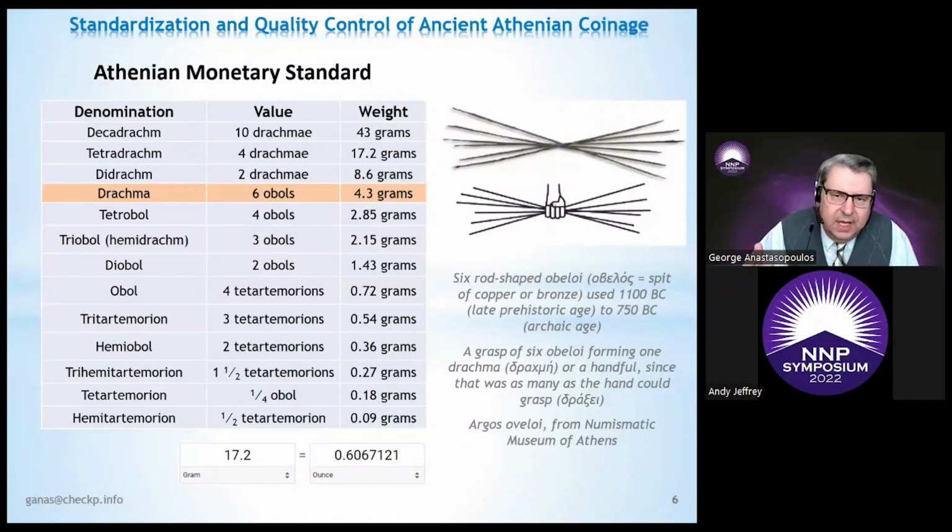So if you want to go a little bit to the beginning of the coinage, and you would like to say, okay, how was the drachm developed and why is it called drachma, and why was 1 drachma defined with 6 obols, and the system also had smaller divisions or higher divisions. It is very interesting to search about it and see that around 3,000 years ago, in what is defined as the late prehistoric age, from 1100 BC to 750 BC,